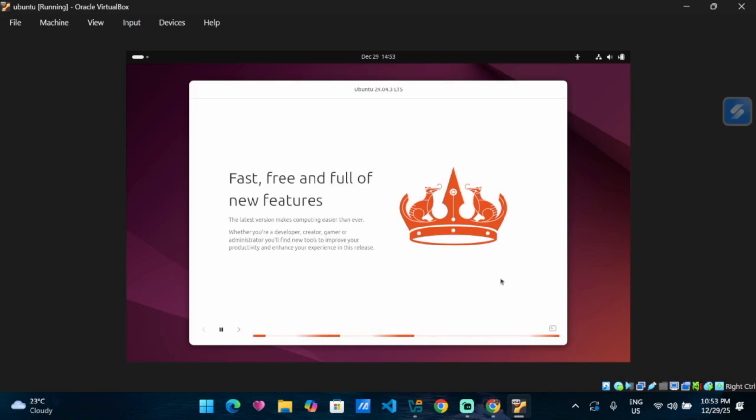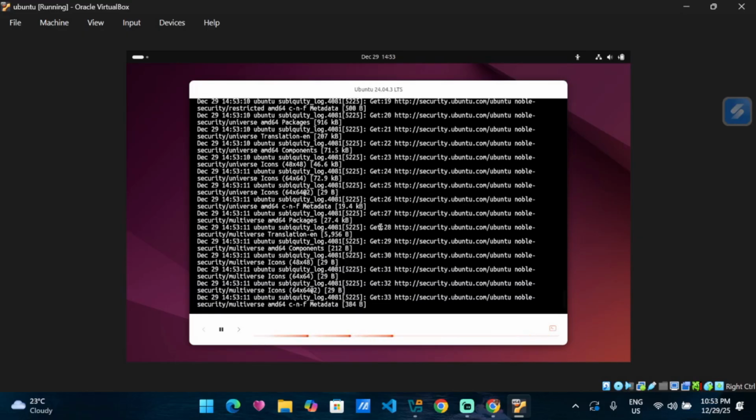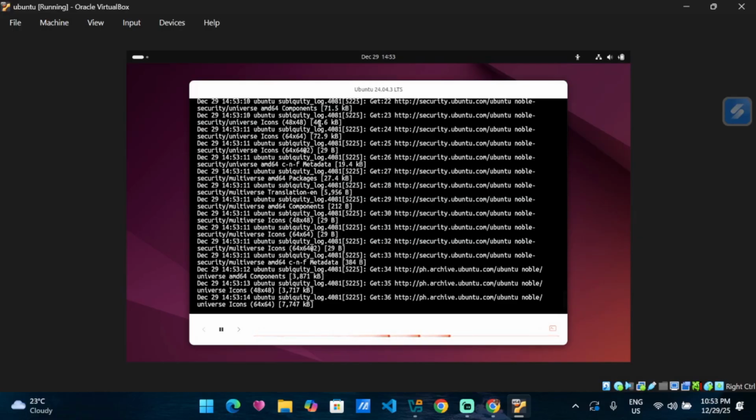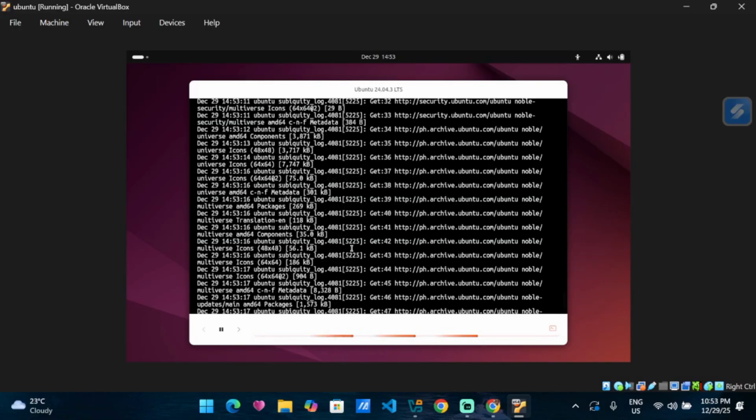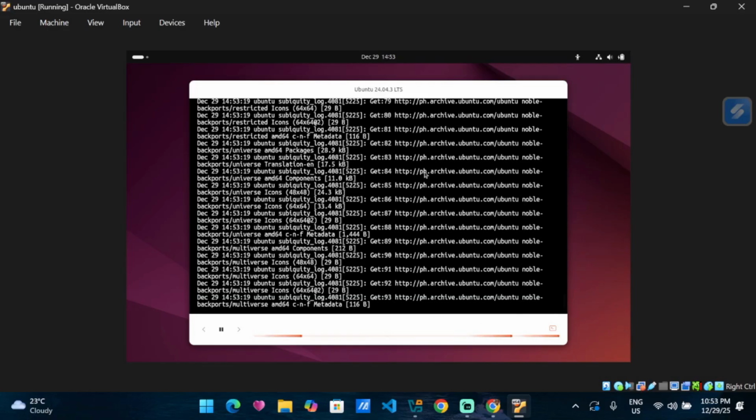As you can see, it's loading, and there's a small command prompt in here. You can click this, and as you can see, it's copying and installing the files. This will take a while, maybe 15 or 30 minutes, depending on the specs of your computer. You can skip this part if you want.